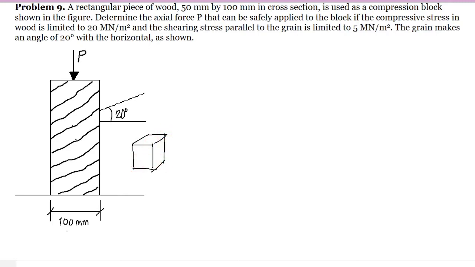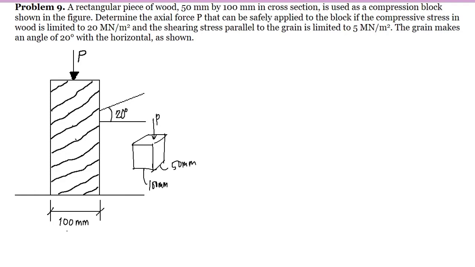So this side here is 100 mm and this side is 50 mm, and this force P is acting here, and this is the grain. If we are asked to determine the actual force P that can be applied,